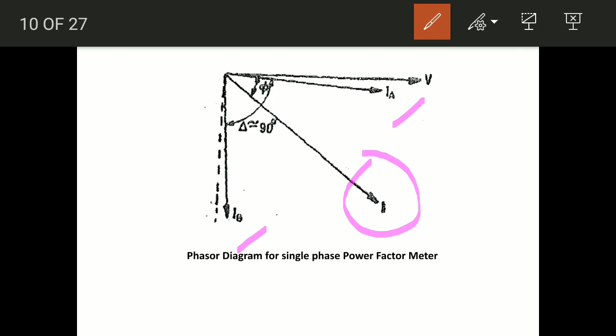Remember one thing, that the design of this meter is done in such a way that both the coils balance each other at normal condition. That means no controlling torque is required for the operation of this type of instrument. कहने का मतलब ये है कि एक बार ये इंस्ट्रूमेंट आप यूज करोगे फॉर द मेजरमेंट ऑफ पावर फैक्टर, तो पावर फैक्टर अगर मान लो इंस्ट्रूमेंट आपको रीड करके दे रहा है, and in that case if you disconnect this meter from the supply, then the pointer will remain at that position only, because there is no controlling torque. It will not come back to its initial position. This point you have to remember.